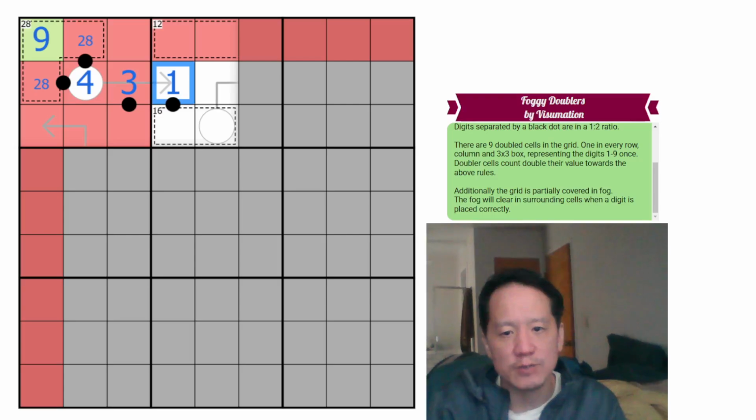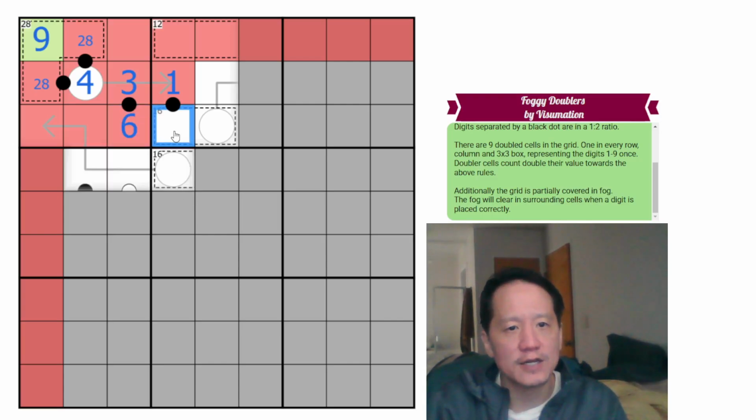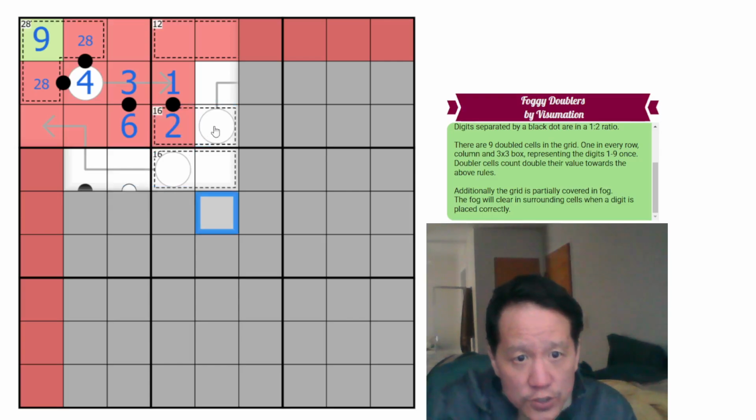And this can't be doubled because it has to be 1 in value. This must be a 6 in value. And this has to be a 2 in value. Because 1 has to be in a 1 to 2 ratio with a 2 in value, and the 2 by itself has to be there. So this is not doubled again. This is a 2